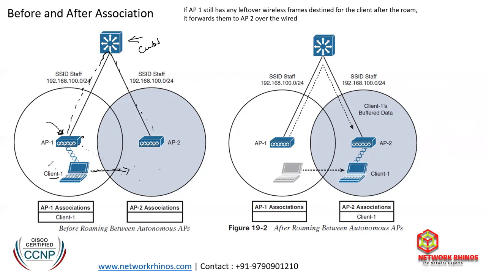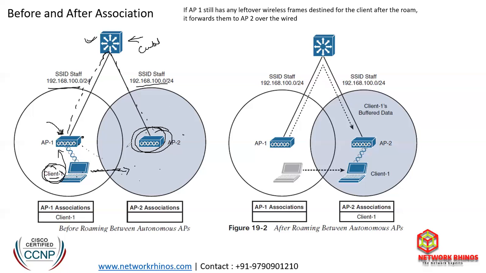And for this, my client might have already informed my AP1 that I am going to go away from you to another AP, and he might have informed this AP's information, like the AP's MAC address, so that he can transfer that within my LAN segment. So in this scenario where I have a layer 3 switch, you can see my IP address has not changed. The client has no need to change its own IP address when it's traveling within the same controller network or the same switch network. So the things will change when you are actually traveling from one subnet into another subnet